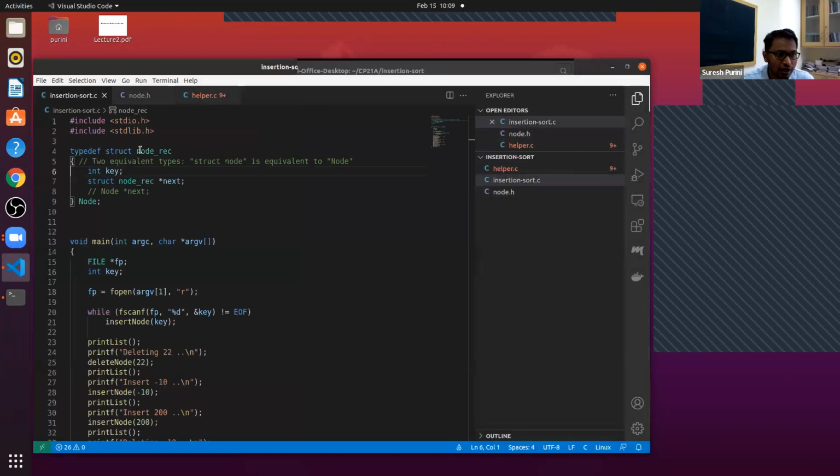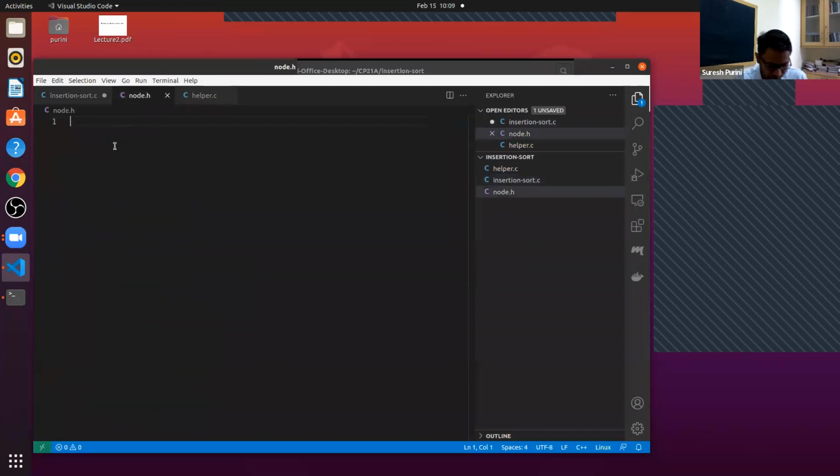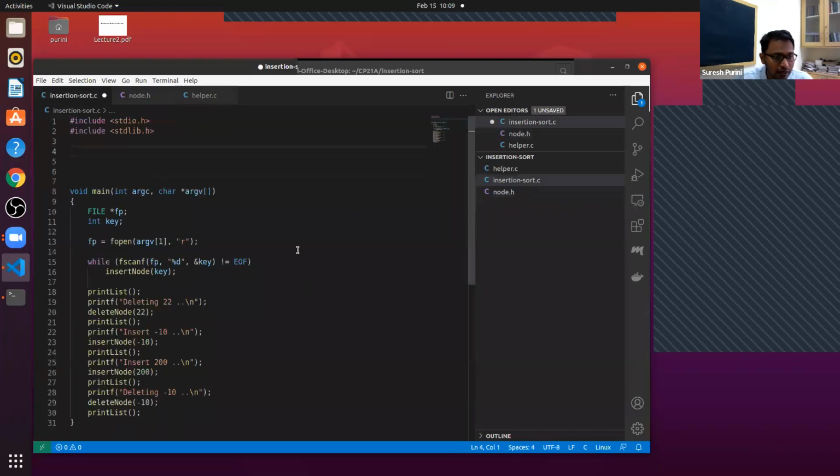In node.h, we copy this one, the node definition. And so in the main here,